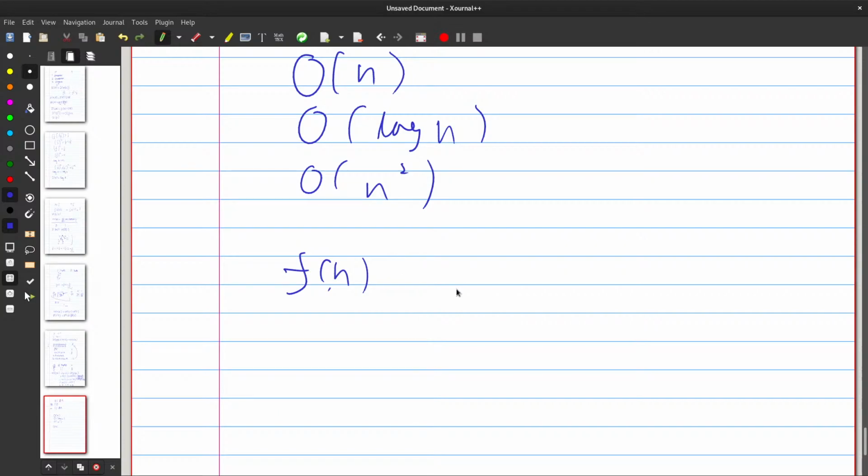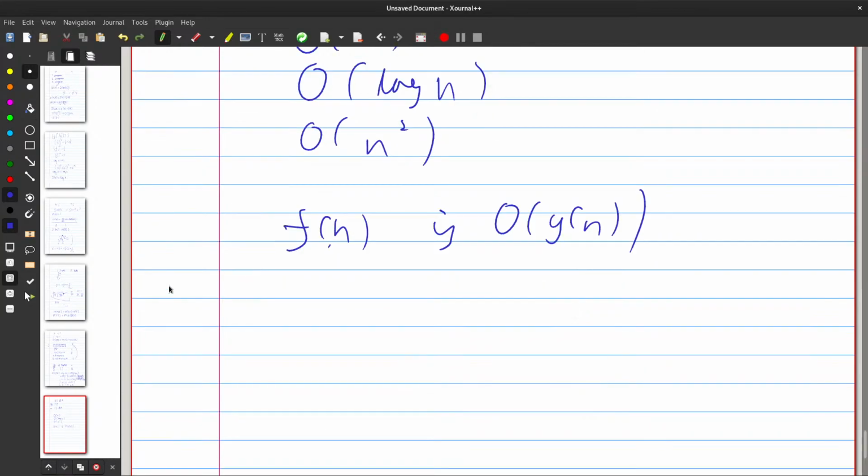This function is often quite difficult to get hold of, but that doesn't matter, as we'll see. But it assumes that such a function exists, and we want to know, is it order some g of n? So the way we write it, and I will write down the symbols, and then I'll give a much nicer explanation of what it means, is, and I may have stolen this off Stack Overflow a bit, but whatever,